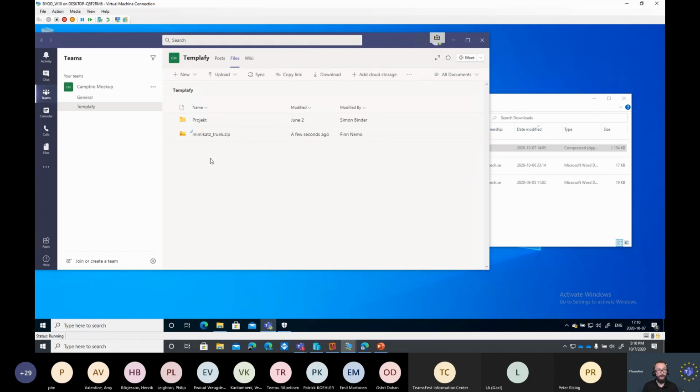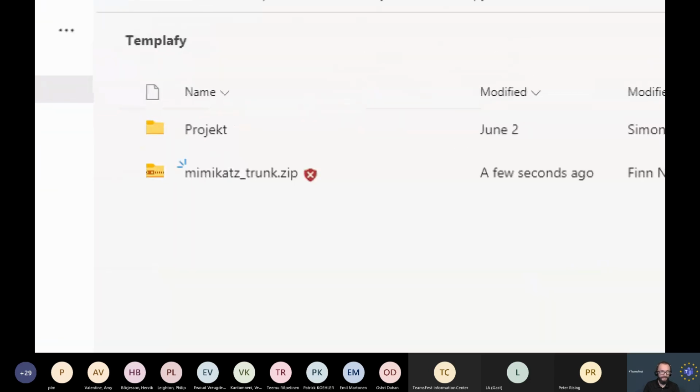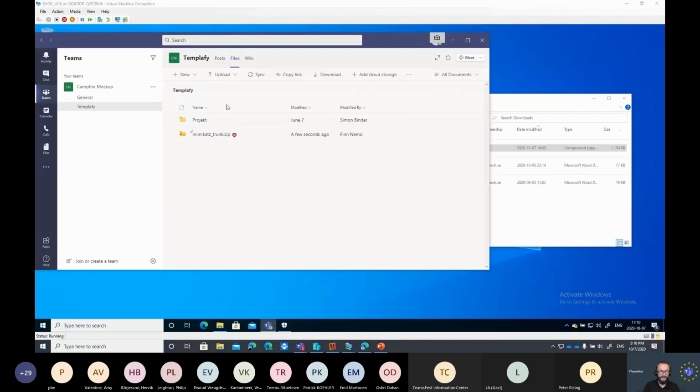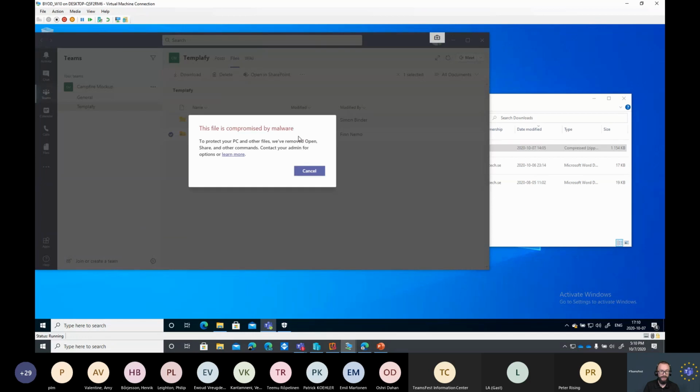This is where Office 365 ATP for Teams comes in, and we'll see if this can update. It can be slow. Yep, there we go. As you may see, I've got a small red indicator saying that this is a malicious file. And if I try to download it, it's compromised by malware.